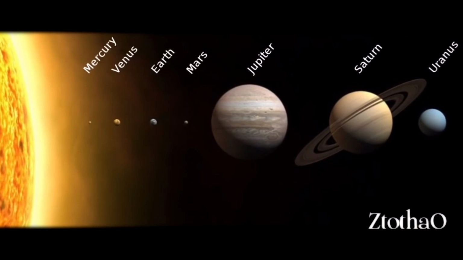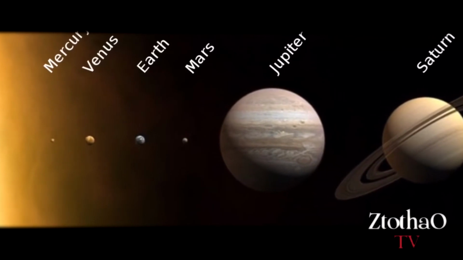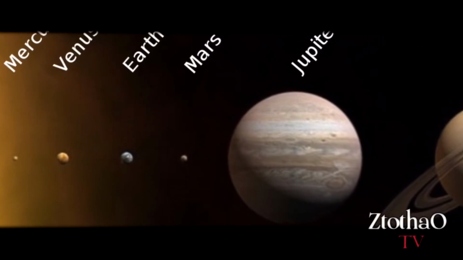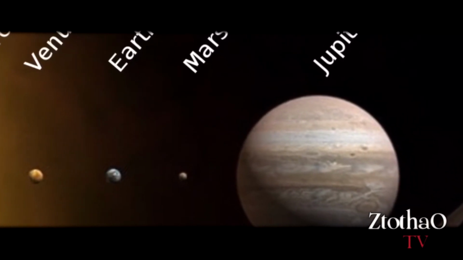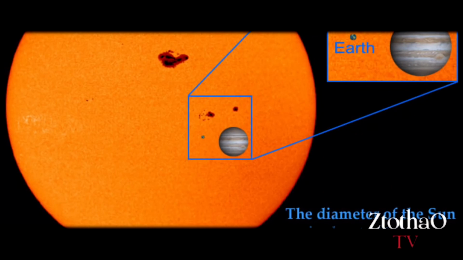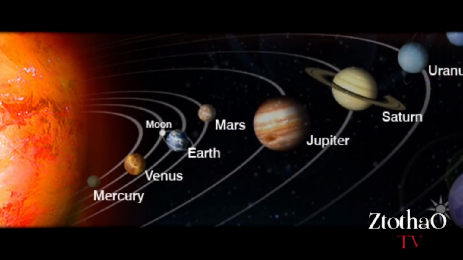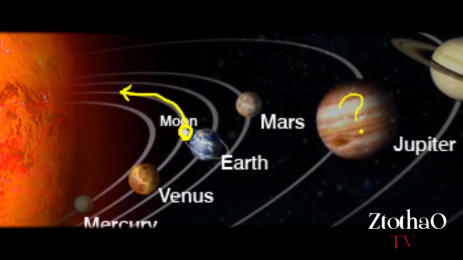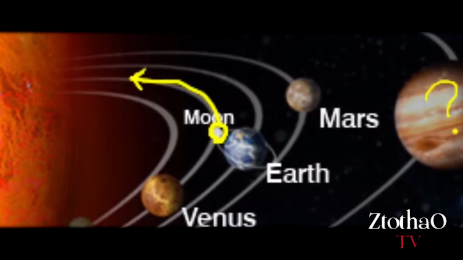Apparently the sun's gravity is so strong it can hold much larger planets than Earth in its orbit at much further distances. For instance, Jupiter is said to be so large that it is 2.5 times as massive as the rest of the planets in the solar system combined. So if the sun's gravity can hold a massive gas giant like Jupiter in the 5th position of our solar system, then why can't the sun's gravity steal away a tiny moon that is much closer than Jupiter? Are we to believe that the Earth's gravitational pull on the moon is stronger than the sun's gravitational pull?